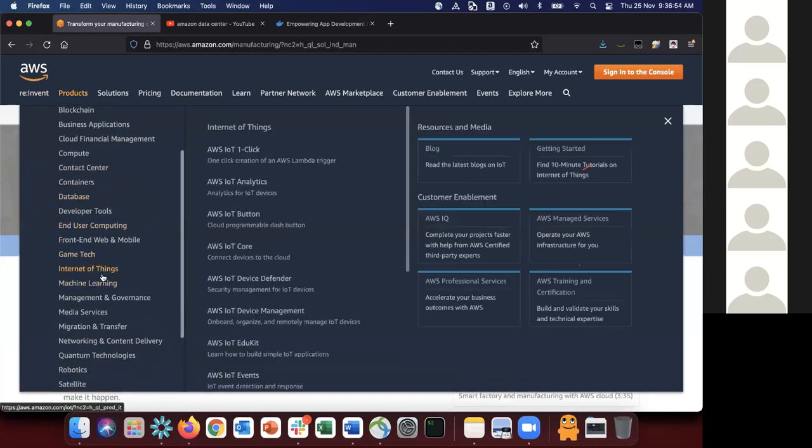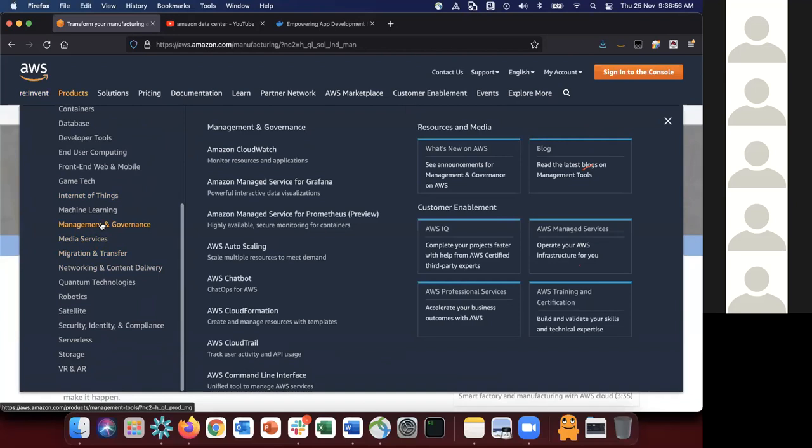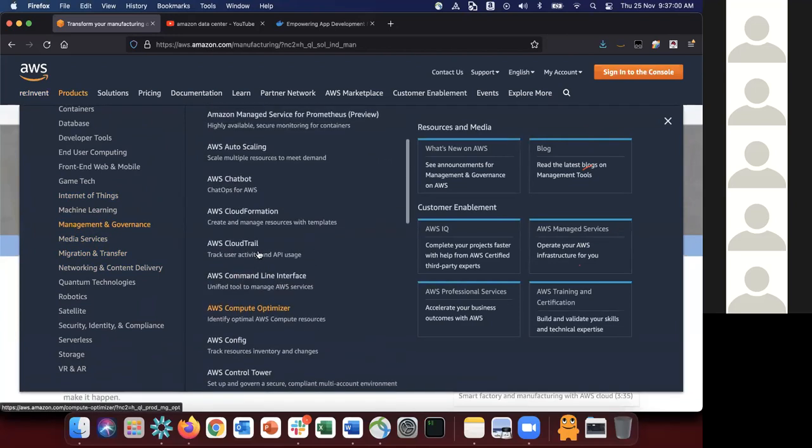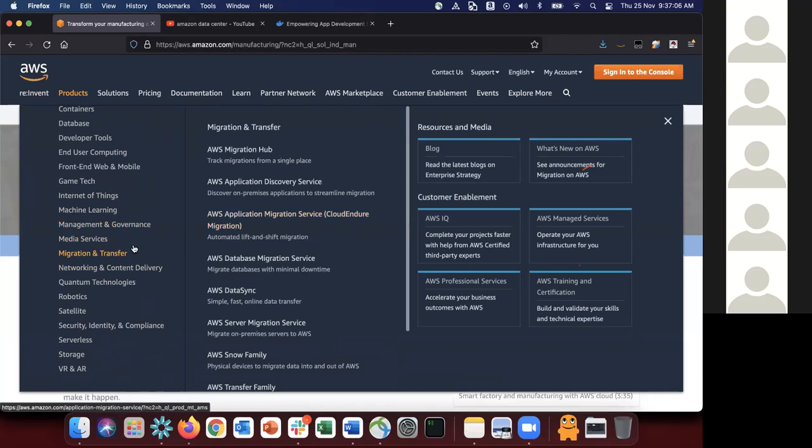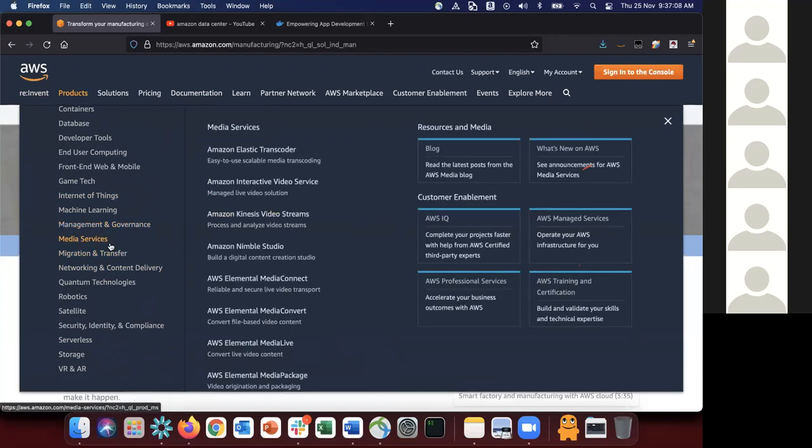Then you have machine learning, then management and governance. It's where you have a lot of management and governance, such as to automate AWS and things like that, CloudFormation. You can use scripts to automate a lot of activities. Media services, again, media services is very important. There are a bunch of media services that are offered,